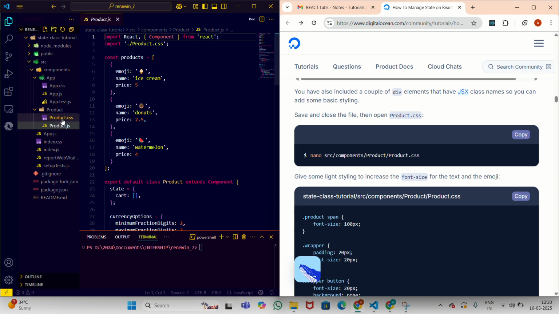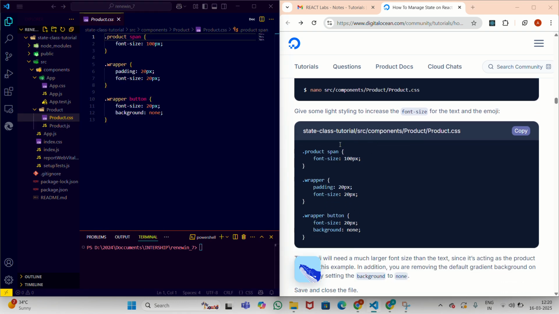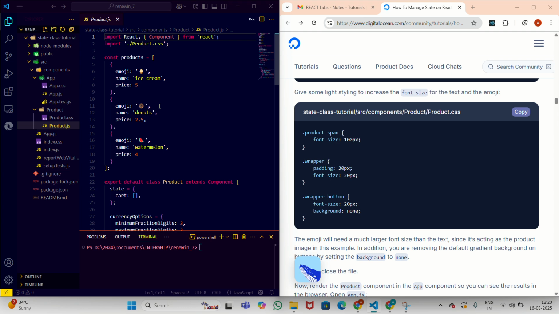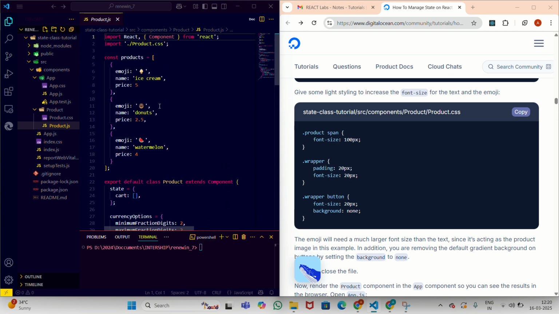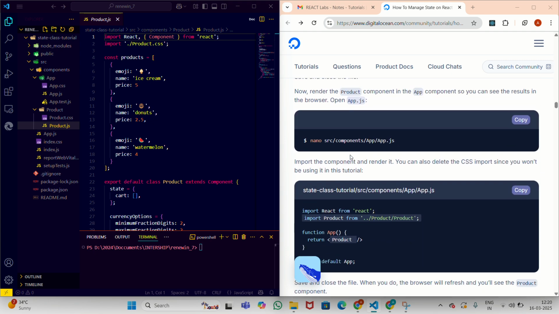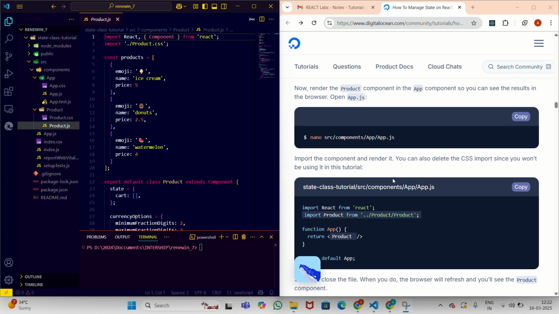Yeah, this is the product.css file where we have to copy this file, and then we have to add a CSS styling to this product.js file for the product span like this. For this we have to style the element. Once we style the